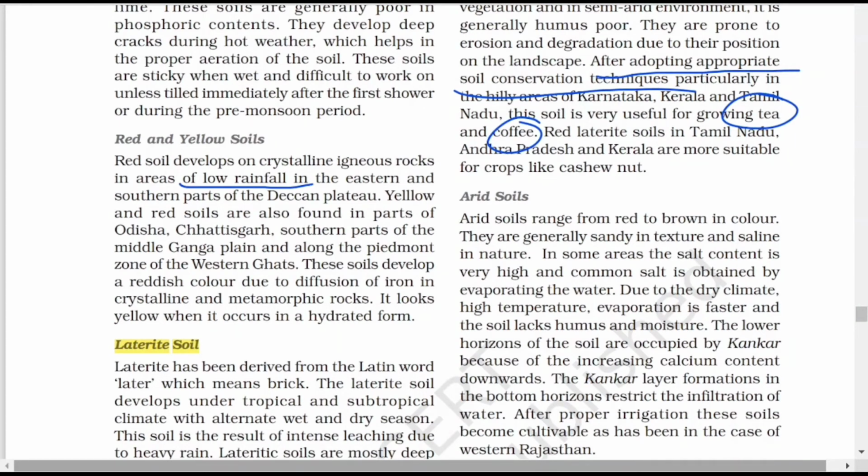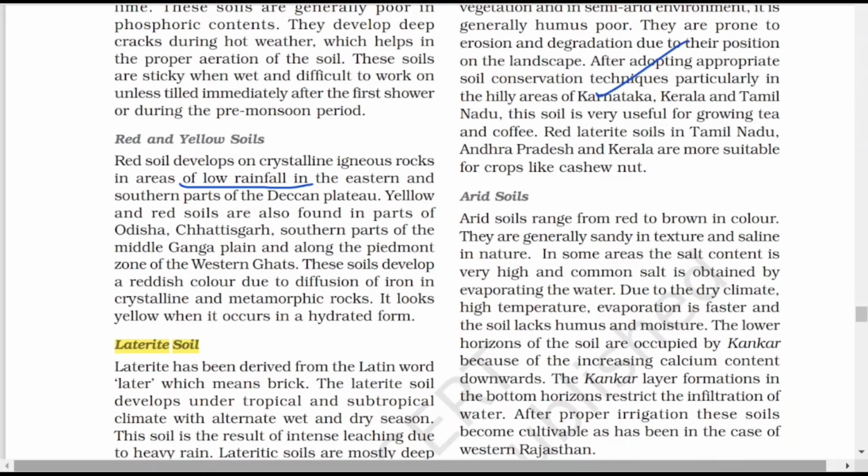Clear? And tea is mostly grown in the sloping areas because tea needs enough water but not standing water. It must slide down very easily. So do remember, and it has come in the board examination many times. From the last 30 years I am seeing that this question has come. Which soil is fit for growing cashew nuts, or which soil is good for tea crop, which soil is good for coffee? So do remember, again the names of states also we need to remember. Wait here, I will tell you for tea and coffee and cashew nut which states are there. Look at that paragraph nicely.